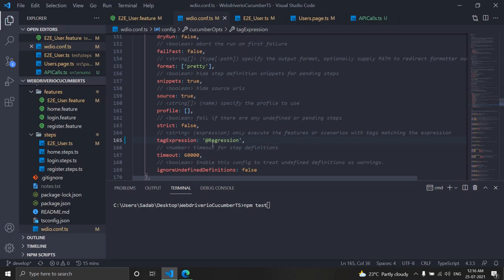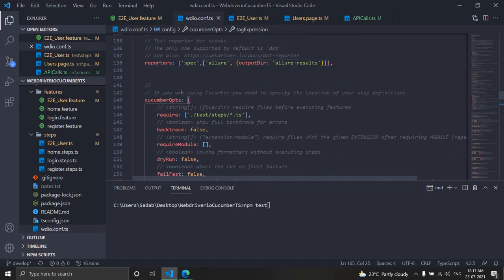Now in this way, one way is to run, but we can control this input from the command line as well. Because normally, at the end of the day, you need to run all your tests from the CI/CD pipeline, and these kinds of changes that you want to pass, you should be able to pass from the command line so that you can control them in CI/CD. So I'll not change from here. I'll not pass a Cucumber tag from the Cucumber ops section. Rather I'll directly pass it from my command line.